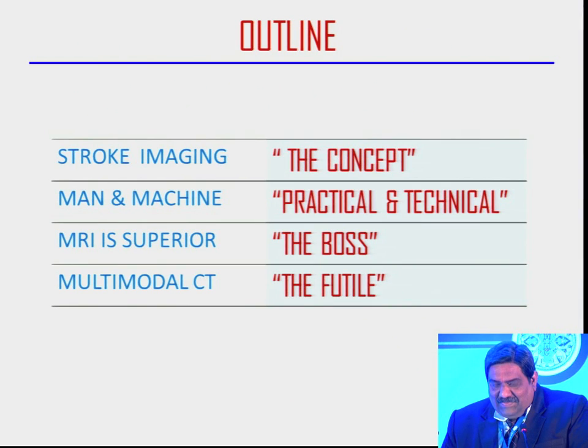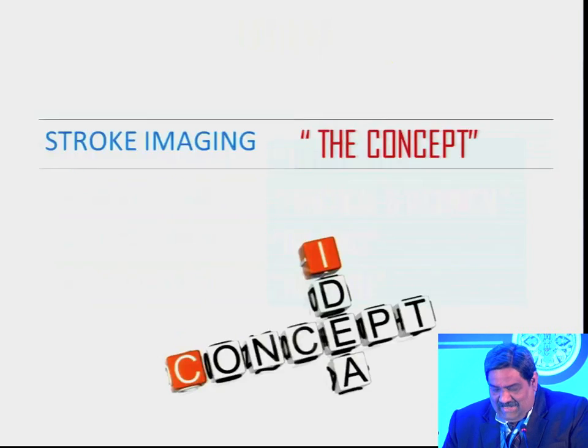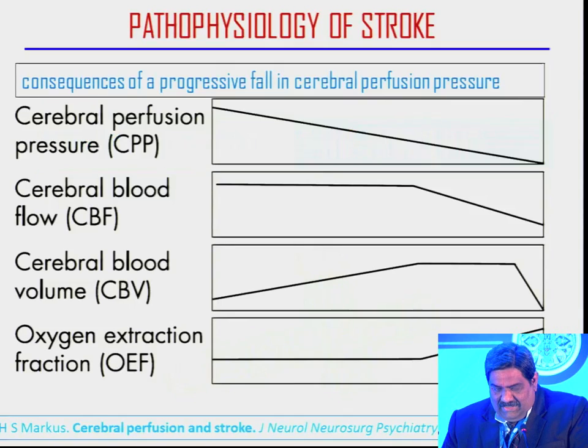As you know, for stroke imaging, the concept, the practical and technical aspects, MRI is superior, and the multimodal CT is futile. I will show you how it is. So if you really look at the